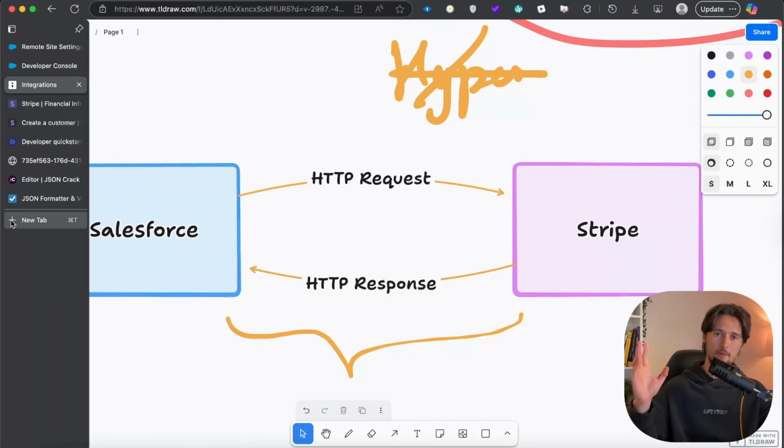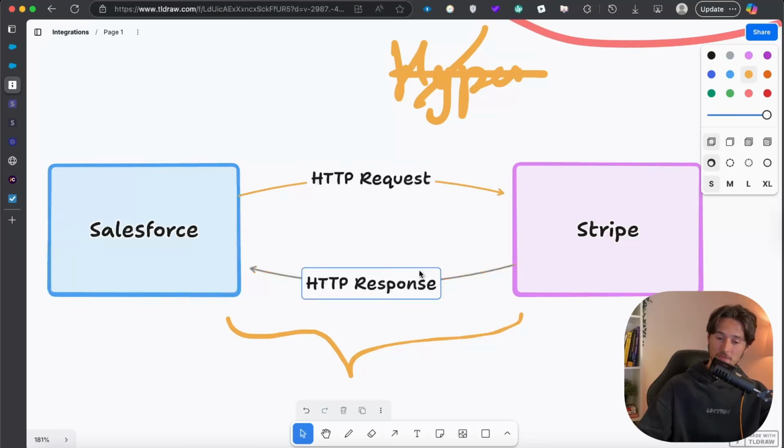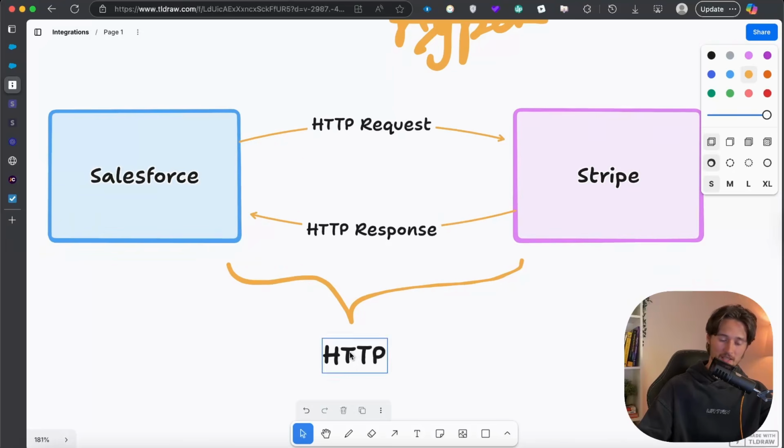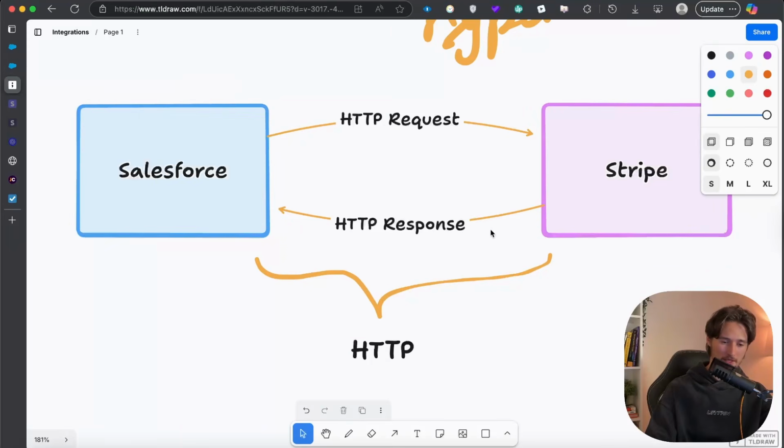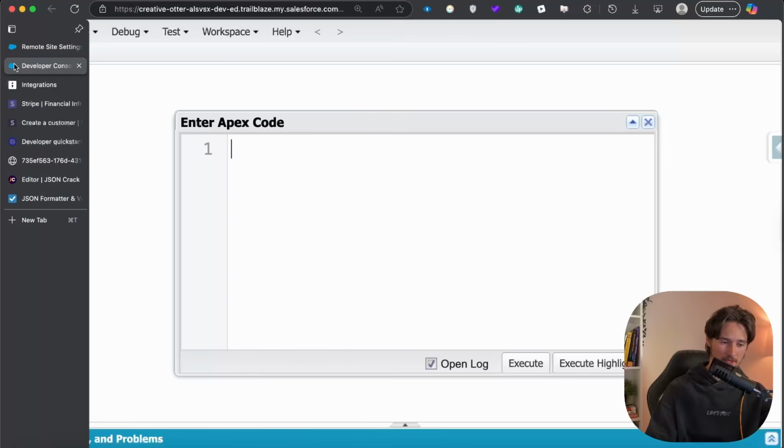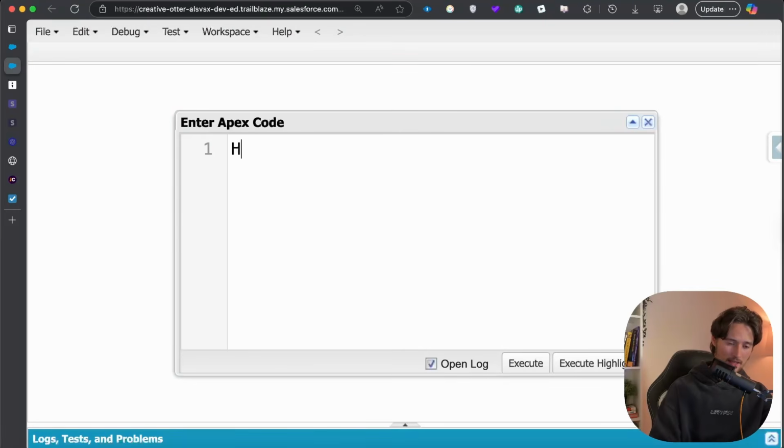Now, the best thing about Apex is that it allows you to do a lot of stuff that is built into Apex. And HTTP request, HTTP response, and HTTP are separate classes in Apex. We are quite lucky that we have these HTTP request and HTTP response classes in Apex, and they literally look like this. HTTP request